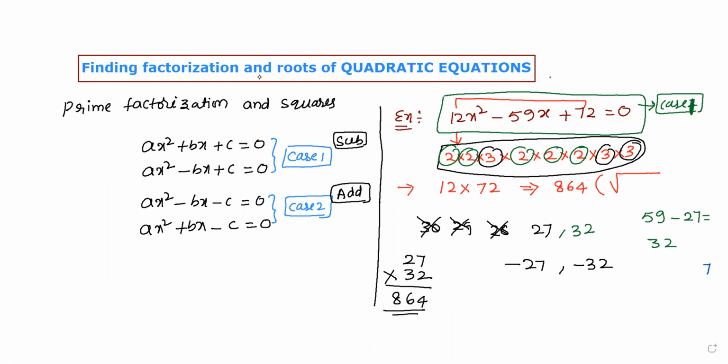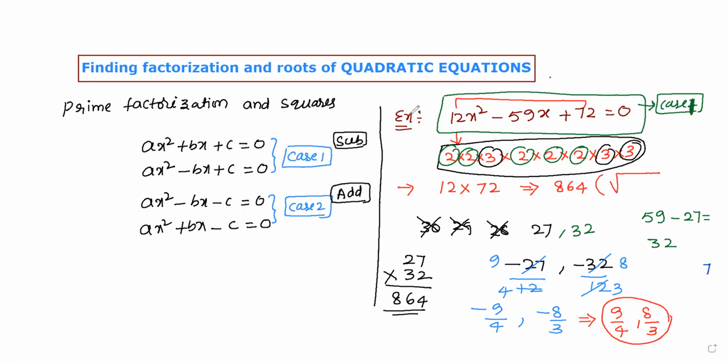After that we have to divide this number by the coefficient of x square. So I'm dividing now. In the 3 table it goes 9 times, and it will be 4 times, that is 9 by 4 I got here. In the 4 table it is 8 times, and 3 times it is the negative, and it is also minus 8 by 3. For roots we have to change the sign of this fraction, then 9 by 4 you are getting and 8 by 3 you are getting. These are the roots of the given question.